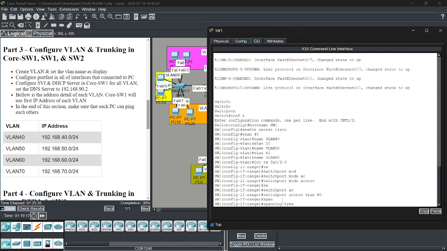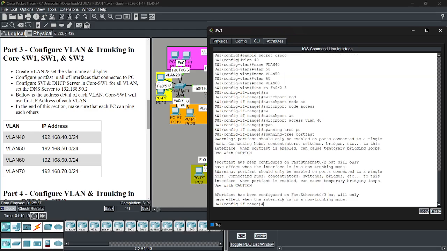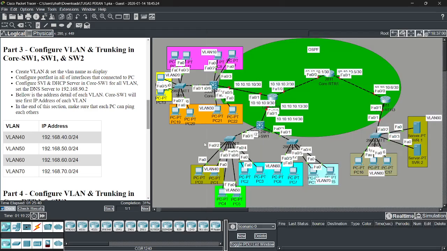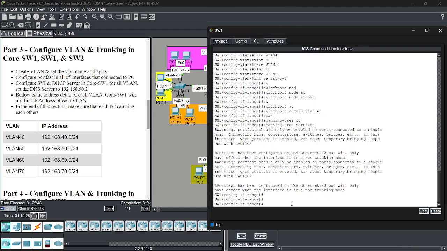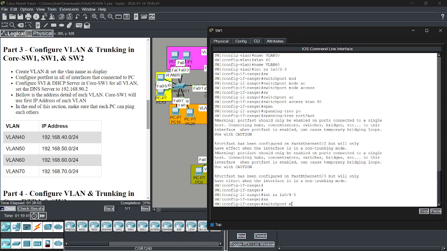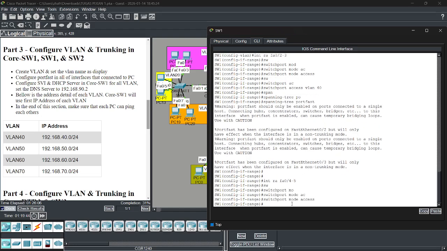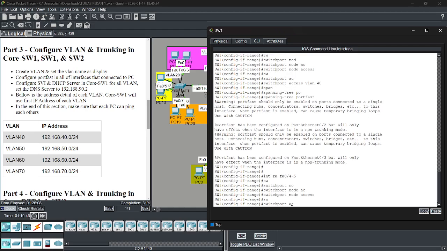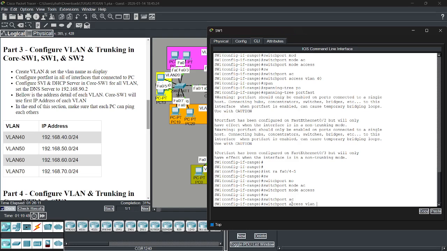Spanning-tree, don't forget spanning-tree portfast. Okay. Spanning-tree portfast, and then interface range 0/4-5 is switchport mode access, and then switchport access VLAN 60.